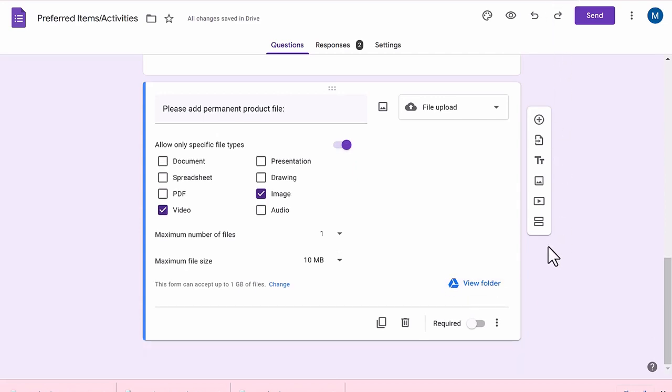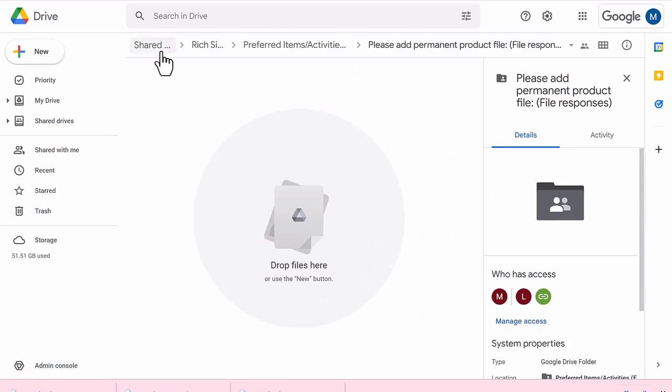And so when you add a file upload question type to your form, Google is going to create a container to hold uploaded files. So you can click this view folder option and see what that's going to look like. If you look at the breadcrumb trail up here, here's my Google Drive, there's the folder that the form is in, here's the form, and then here's a new folder that it's created that's titled the same thing that the question is titled. So please add permanent product file. It made a folder with that same name as the question name. And as people submit that,